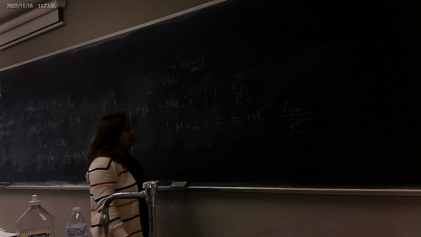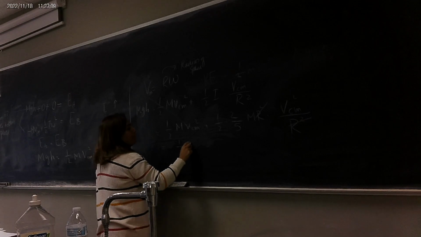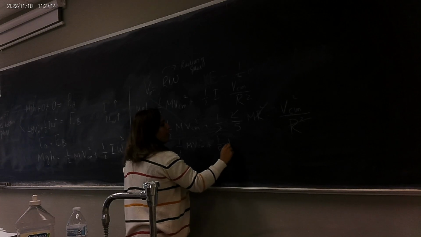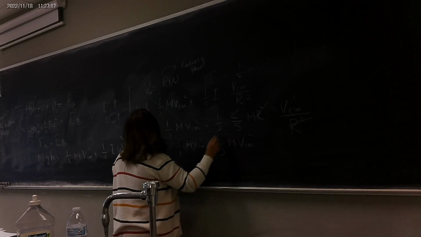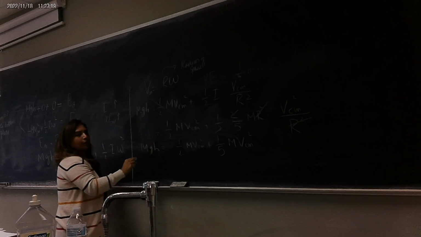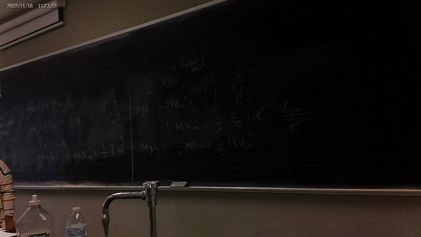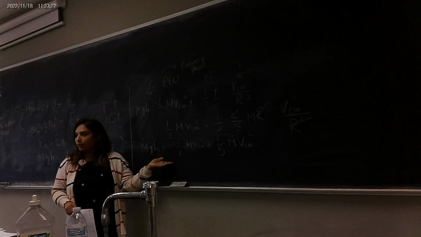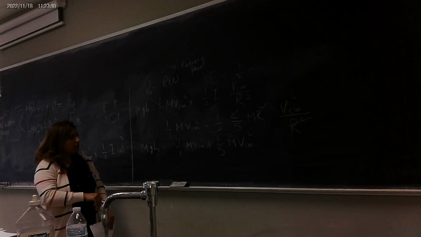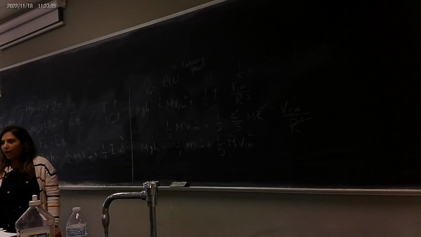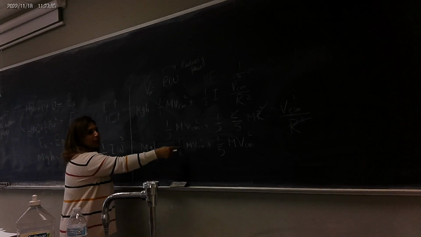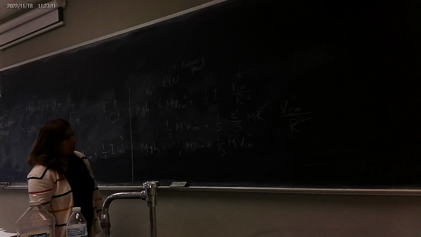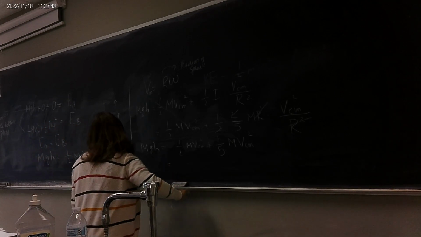R squared gets cancelled. You have half m VCM squared plus, 2 gets cancelled, 1 over 5 m VCM squared, equals mgh. See, we have narrowed it down to this equation. We have almost gotten rid of most of the quantities which we don't have to know for this. Now you can see m is on both sides. It will cancel out. You will have gh is equal to